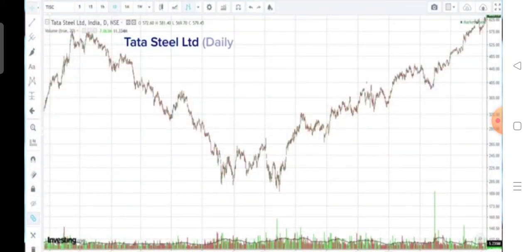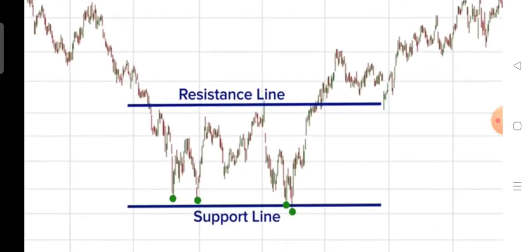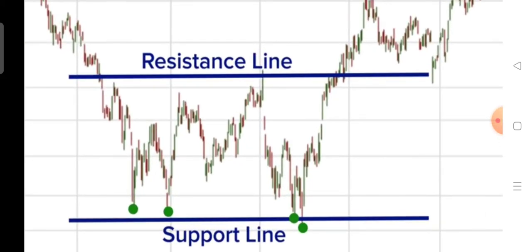Here you are looking at the Tata Steel chart, and this is a daily chart. Here towards the end of 2015 and beginning of 2016, you can see a similar rectangle was formed. It was not a triple bottom. As you can see, multiple attempts were made on the lower side. So what happened is that when eventually there was a breakout, price moved a little bit higher, and then the price came close again to the erstwhile resistance line, which is a support line now, and then the actual move started, which took the stock much higher.